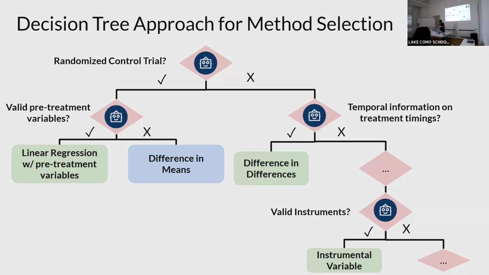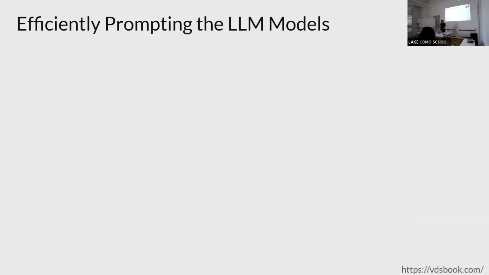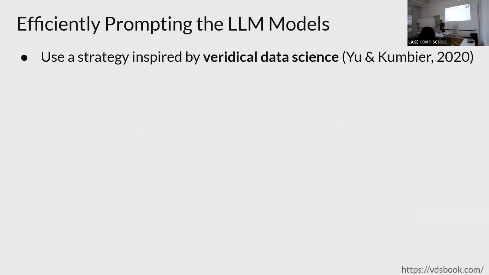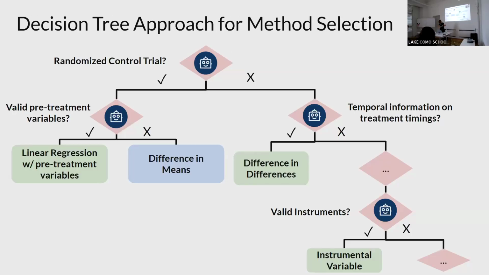And also another famous method is instrumental variables. So we also guide the large language model to go through a lot of checks to make sure the variables are sufficient to serve as a valid instrument. And therefore, we call the instrumental variables and make it execute in code. So here, it will be a long-term development, and we also try to make language models do what we really expect it to do. So apart from making the model walk through all these method selection choices and execute the code,